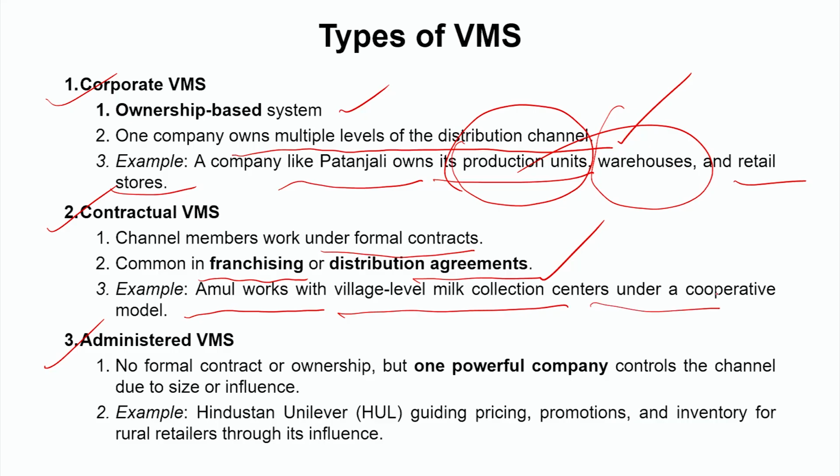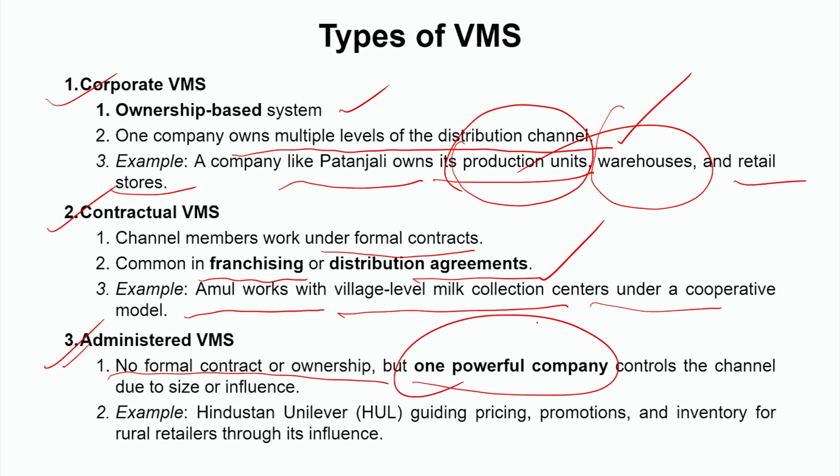They will do the processing and later on it will reach the different centers, and this works upon the cooperative model. Third is the administered VMS, where there is no formal contract or ownership. My dear learners, there is no such corporate or contractual relation. Each one can have their own ownership, but one powerful company controls the entire channel due to